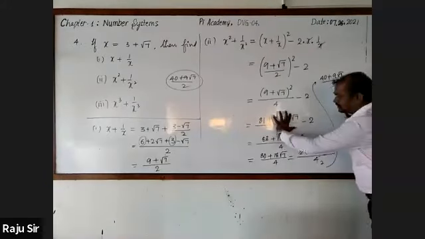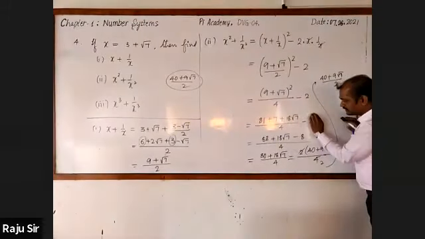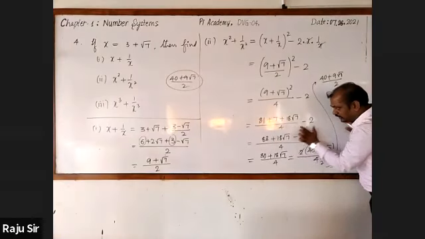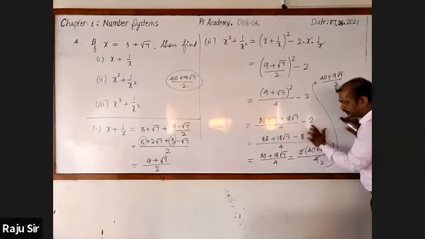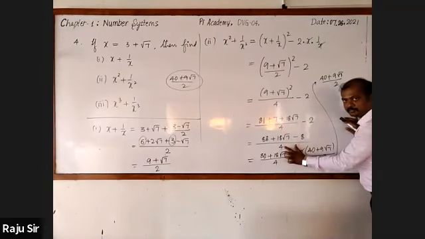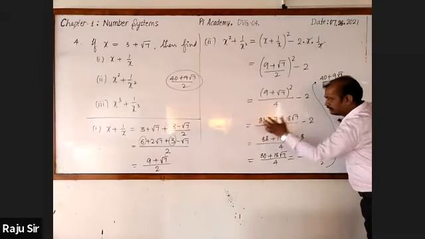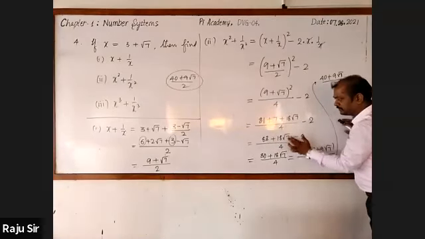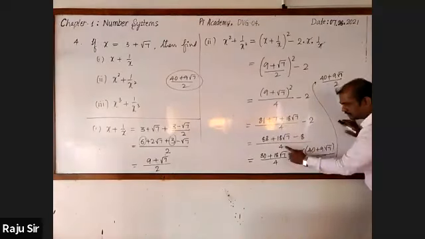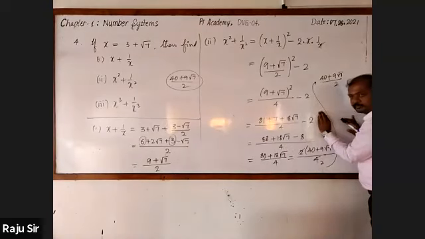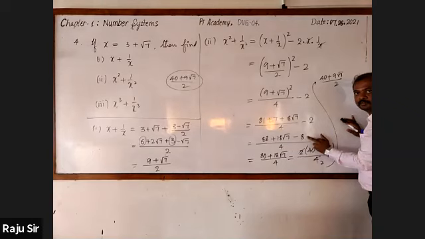Sir, how do we get minus 8, sir? Yes, sir. How did that come, sir? Minus 8. Okay. This is one term. This is second term. I have taken the LCM of the denominator. Here denominator 4, denominator 1. 4 is the LCM. Multiply 4 with the first term. 4 gets cancelled. This one will remain. 81 plus 7 is 88 plus 18 into root 7. Next, multiply this LCM 4 with the second term. 2 4s are 8. Got it? Yes, sir. Okay.